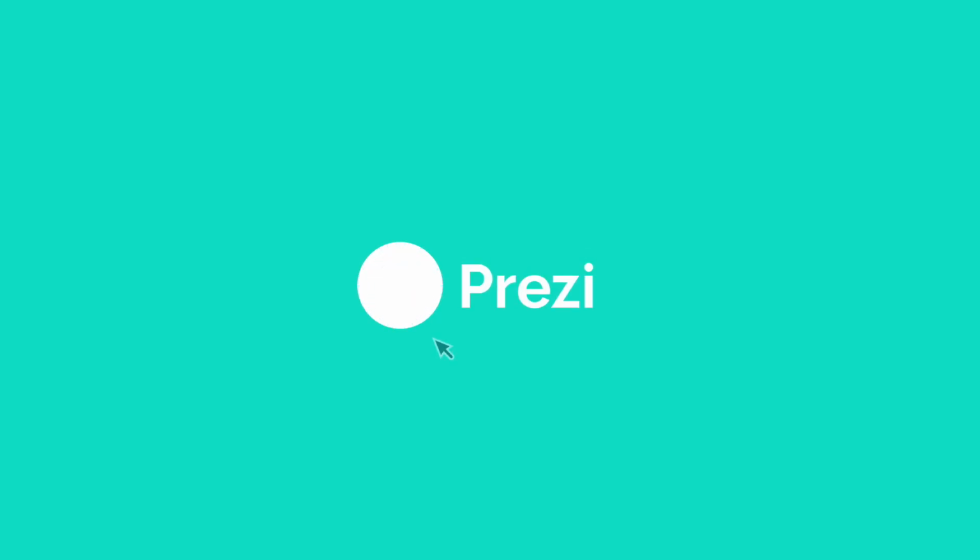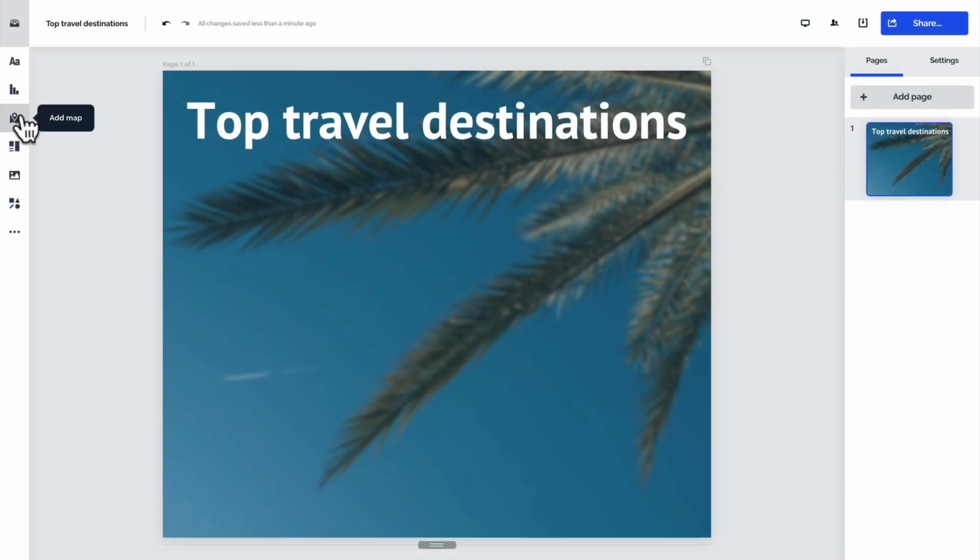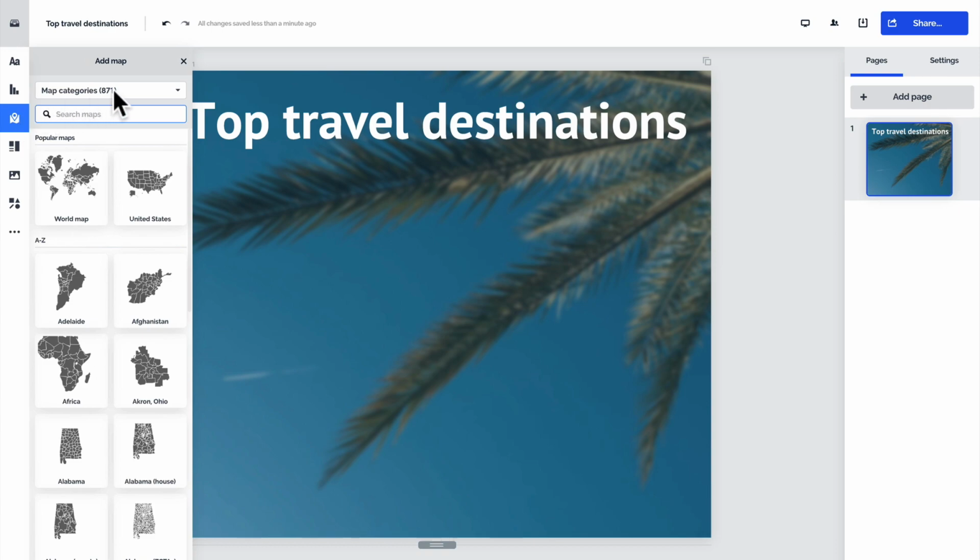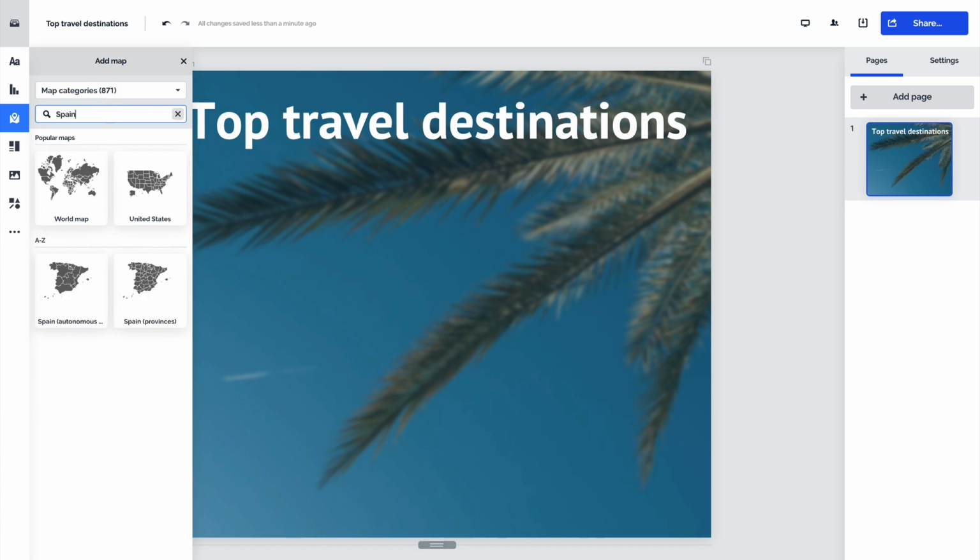Give your audience some guidance by adding an interactive map to your next design project. With your design open, click Add Map in the toolbar on the left. You can either find a map by category or simply type in the search bar to choose from over 800 maps available. Once you've found the one you want to use, click Insert or drag and drop it right onto